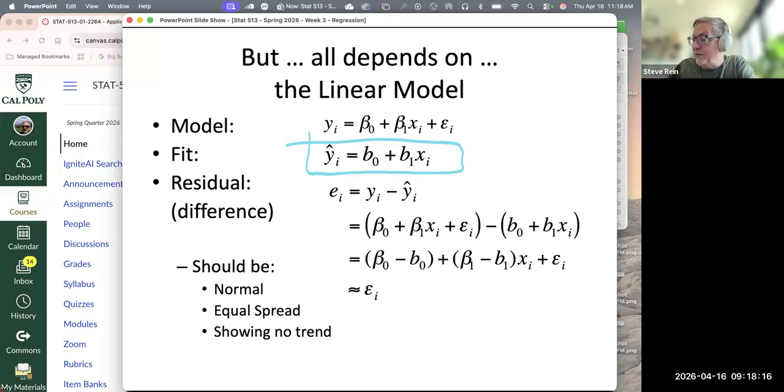So I know all my x's. Yes, I also know the y's. The rest of that first equation, I do not know those terms. I don't know beta 0, don't know beta 1, don't know epsilon. But from the data, we get regression estimates b0 and b1. So from the data, I can get those two terms. I don't know them in general, but from any given data set, there will be an intercept for that data set and a slope for that data set. So it's in lowercase Roman.